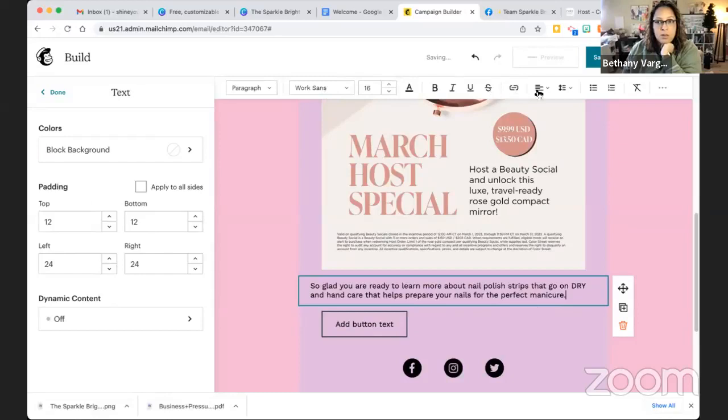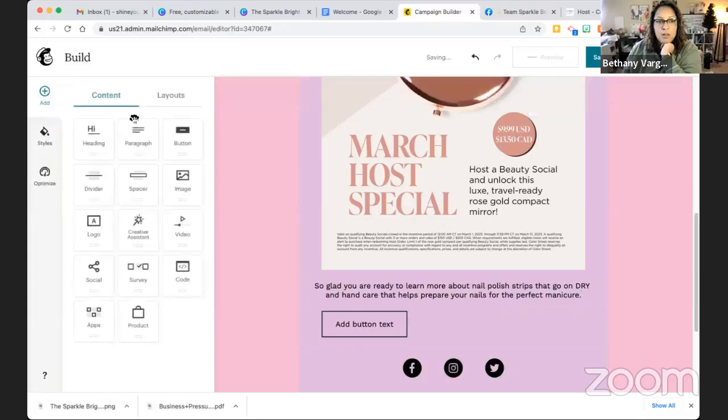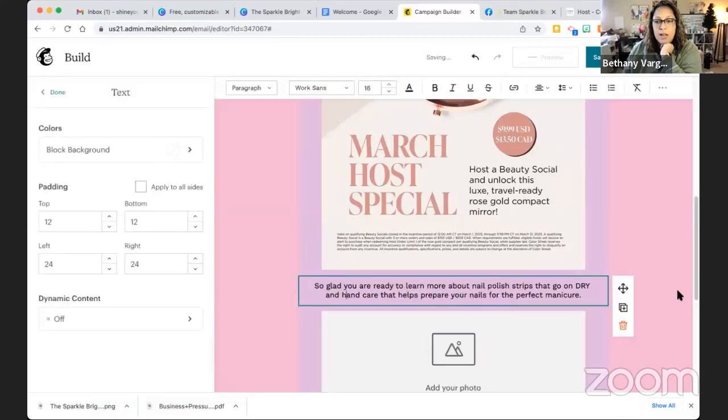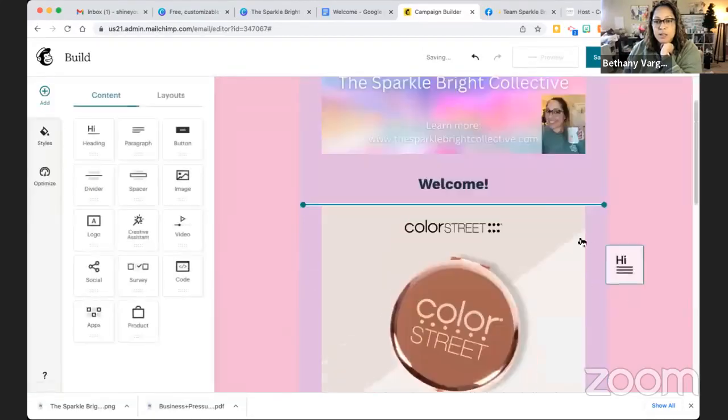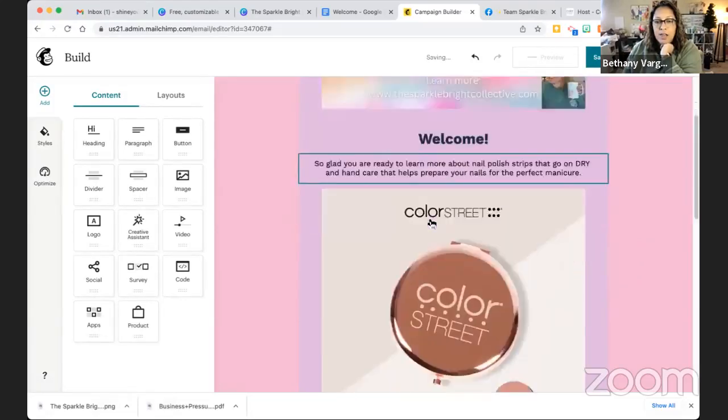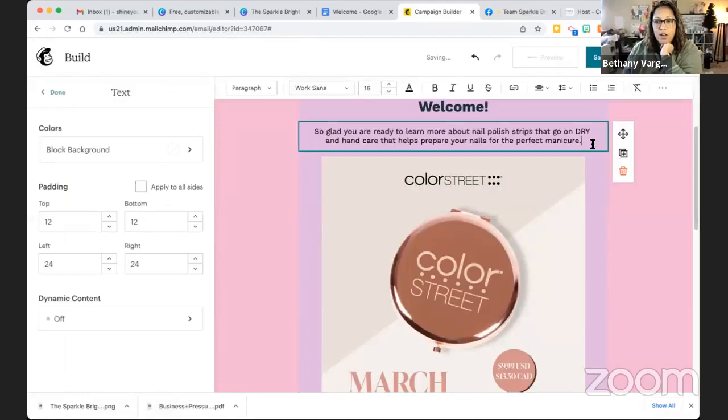I'm going to center the text. And then I'm going to add another image. So you can drag and drop it, and you can play with where you want it to go. So like I could take and move this text box right here, right? And then I could duplicate that block